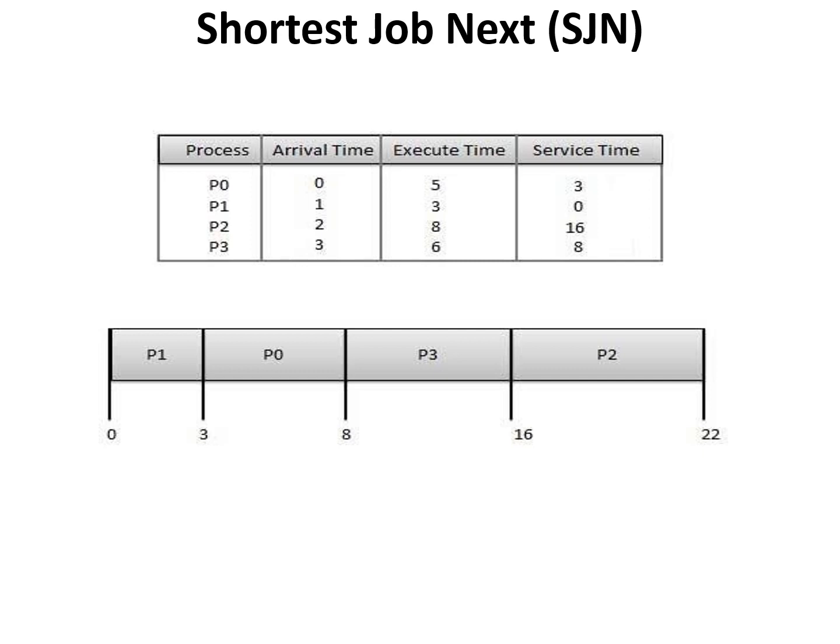Now P1 is completed. The remaining processes are P0, P2, P3. P0 5, P2 8, P3 6. So which one is less? P0 is less. Only 5 seconds it requires. So we have to allow P0, 5. 3 plus 5 is 8. After P1 and P0, we are having only two processes, P2 and P3. Of P2 and P3, which one is less? P3 is less. It requires only 6. So we have to select P3, from 8 to 6